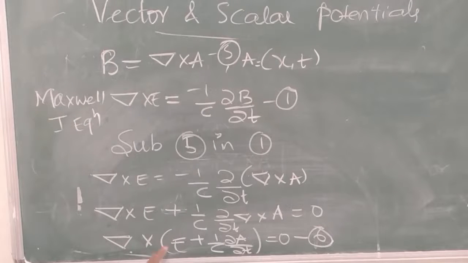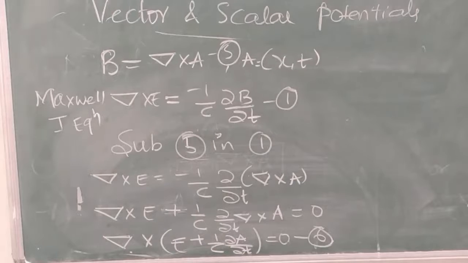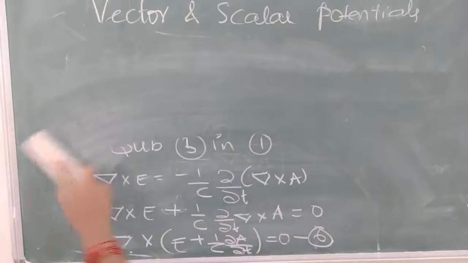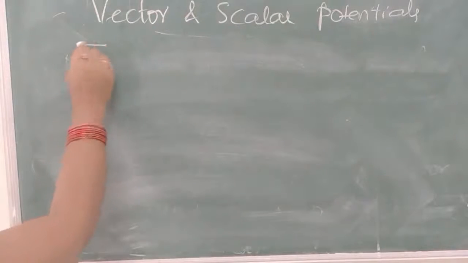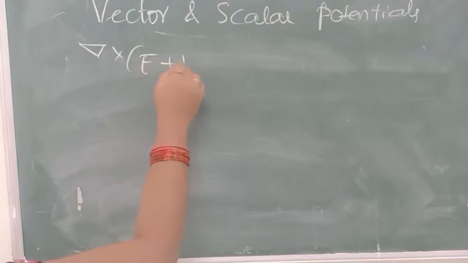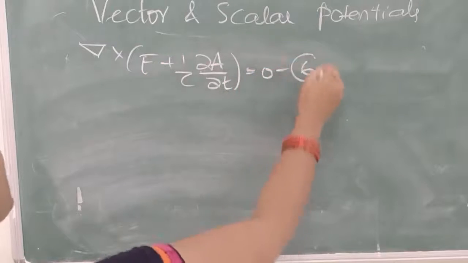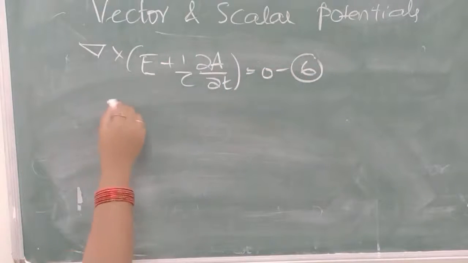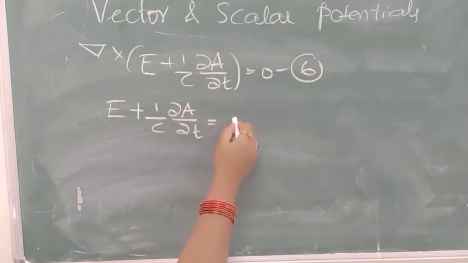Now in this expression, what term are we having? Del cross E plus 1 by c dou A by dou t is equal to 0. That means in equation 6, what is the last equation we got? Del cross E plus 1 by c dou A by dou t is equal to 0. This is equation 6. And next, what is the term we got? E plus 1 by c dou A by dou t is equal to